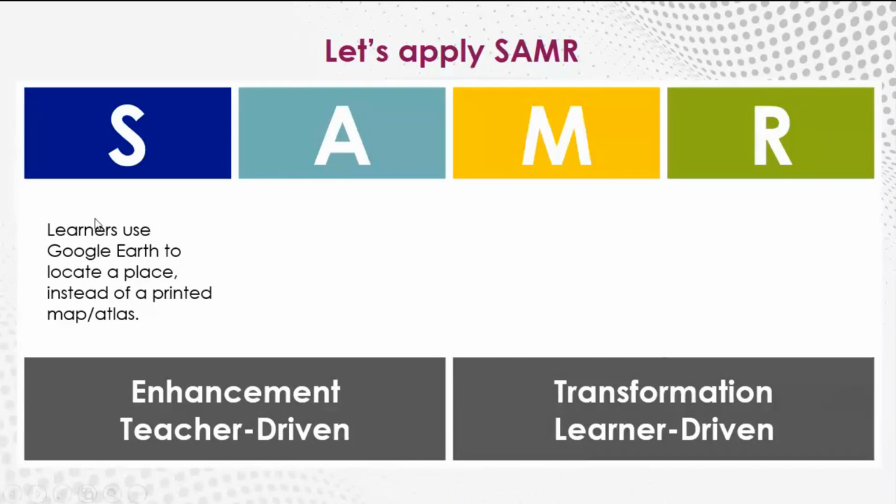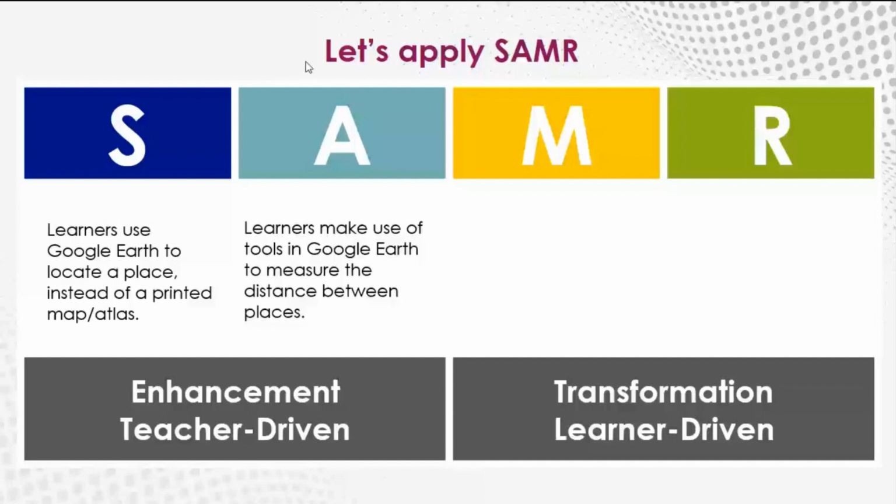So let's take an example from a geography perspective. For substitution, learners use Google Earth to locate a place instead of a printed map. For augmentation, learners make use of tools in Google Earth to measure the distance between places. And